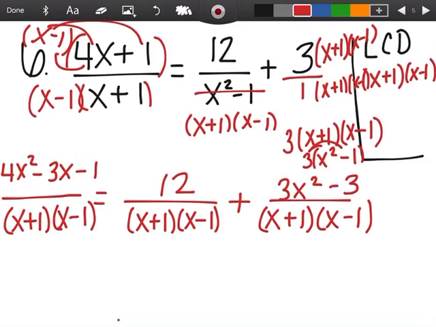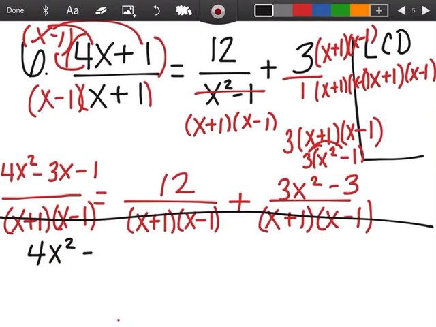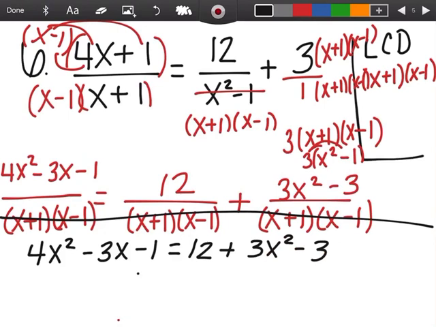And so what I'm mathematically doing is multiplying both sides by the quantity x plus 1 times the quantity x minus 1. But what that means for this problem is that I get to cancel out those denominators. And I'm left with an equation that says 4x squared minus 3x minus 1 equals 12 plus 3x squared minus 3. So if I combine like terms and move things over, I'll say dot, dot, dot. My answers are x equals